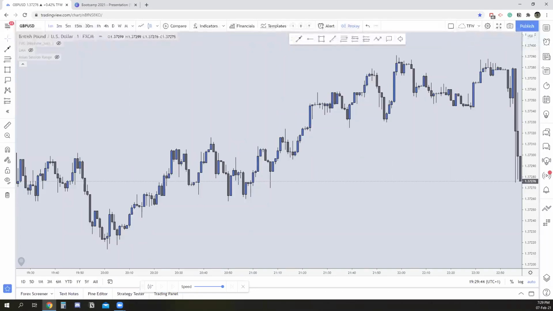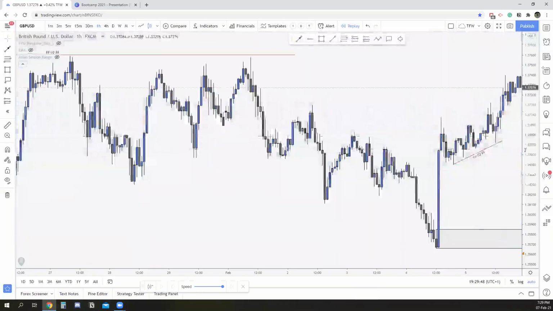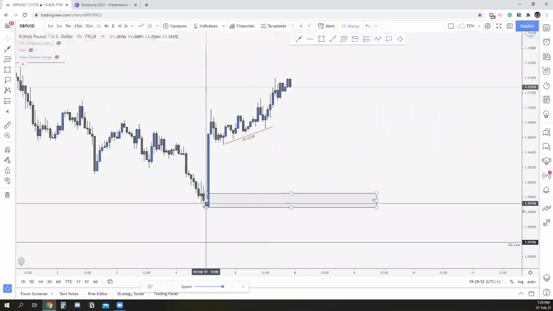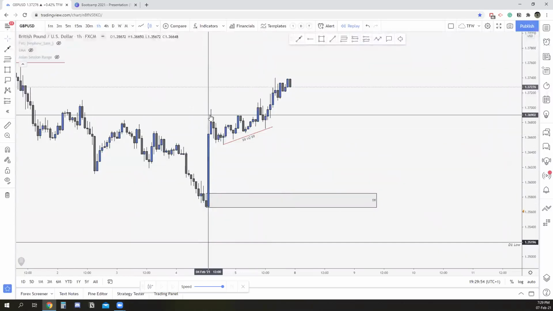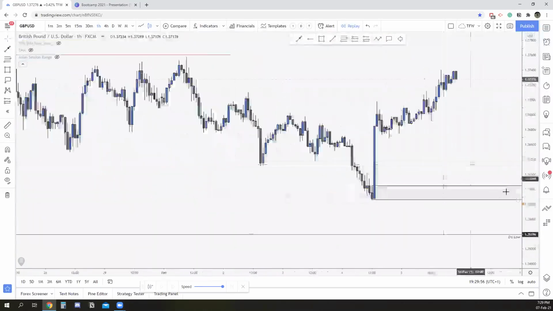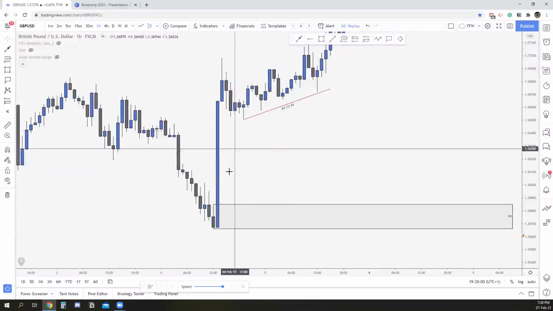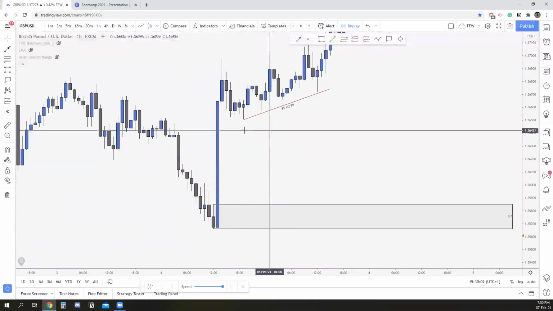Does it work like OB? No, it doesn't work like OB. It's actually something that you can use for confirmation of an OB. Have a look at this example. This is an OB, and then you have this big engulfing candle. Does it have empty space? Yes, it does. So basically, all of that thing right there will be filled at some period of time, right?